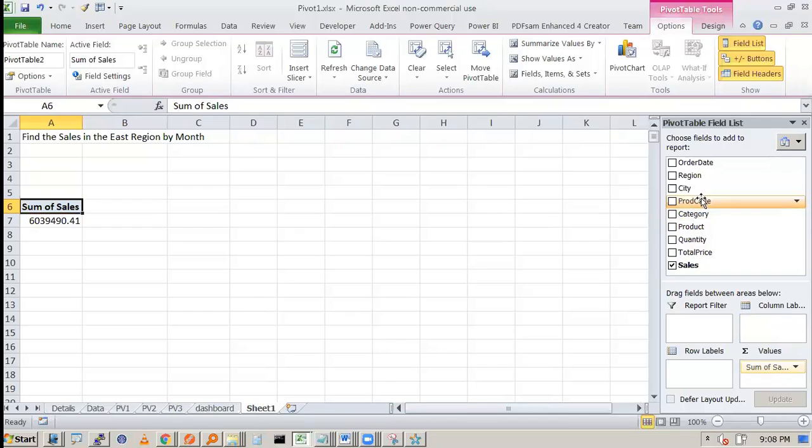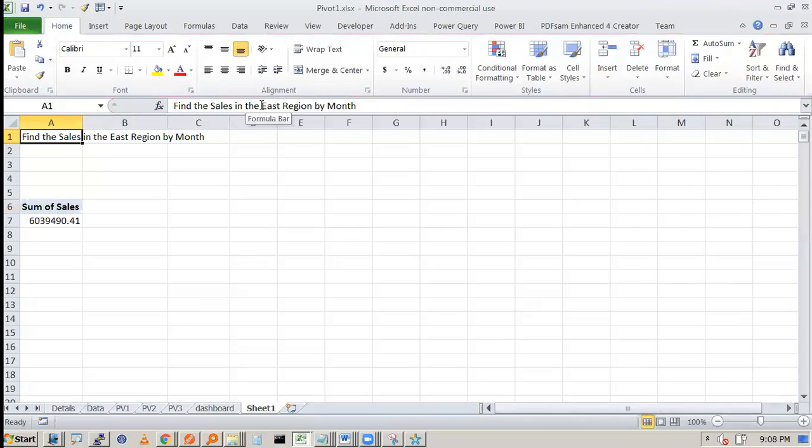You want the region as a filter, or let's say you want region wise sales, not just the East region. So find region wise sales by month.